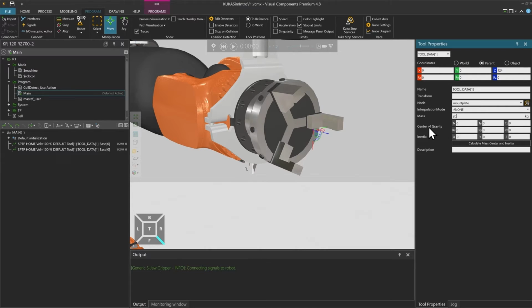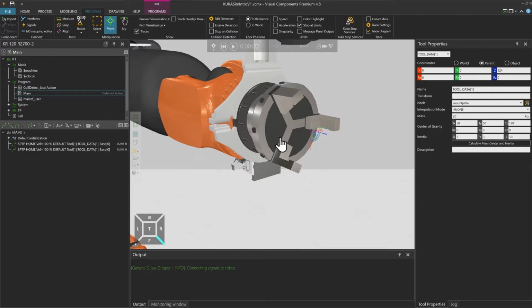And here in the center of gravity and inertia, you can enter the same values as you would do in KUKA load. In this case, I'm just going to write in some dummy values so you can see this use case. And maybe here it is 120 millimeters, and also in the inertia. Please use the same values as you get out of your CAD program and then enter the real values here. This button, calculate mass center and inertia, does not really work. If we play now the simulation, it will overwrite this TCP information and take this into account.